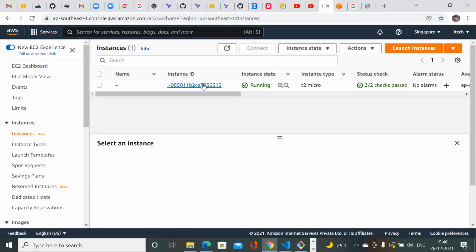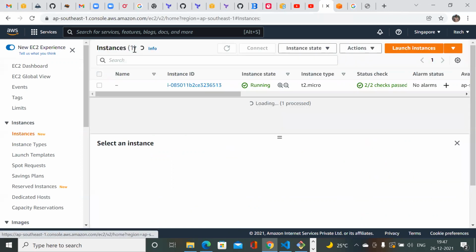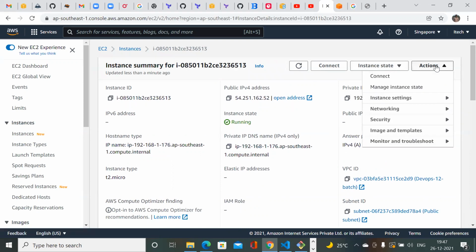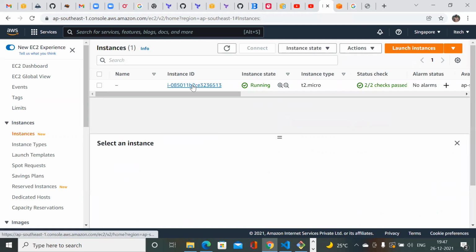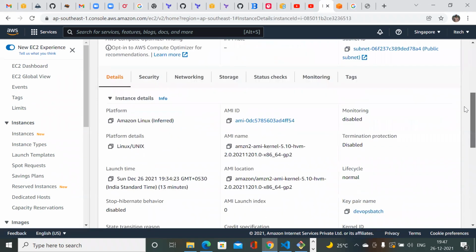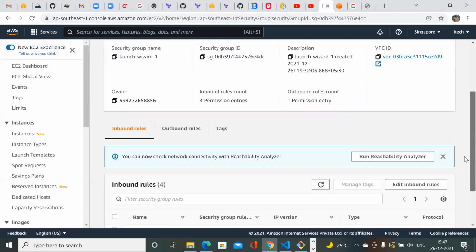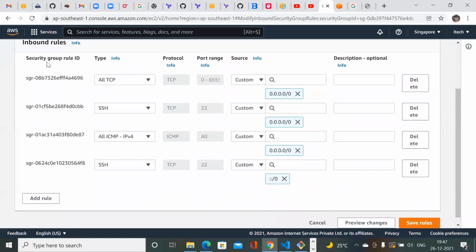Clicking on EC2, double clicking on the instance ID, I'm navigating to the security group attached to the particular instance, and I'm editing the inbound rules. I want to check whether the HTTP port is allowed on the particular instance or not.